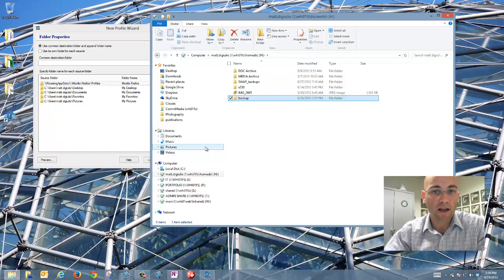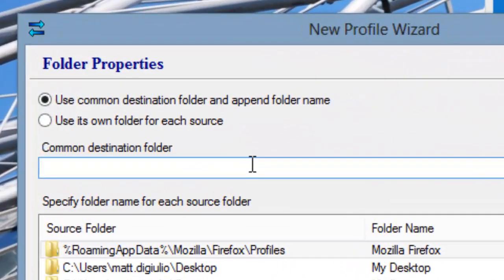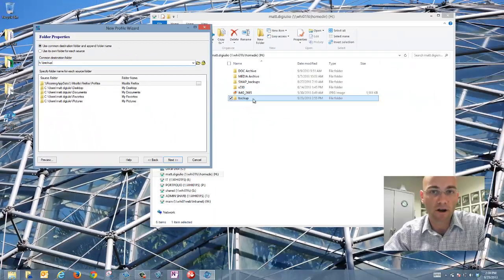and then hit enter. Then I'm going to go back over to my SmartSync new profile wizard and tell it where to send all these files to. We want to send it to the folder that we just created on our H drive. So what I want to type in is the letter H, and then a colon, you can see I've already done this, and then a backslash. And this is the slash button that's above your enter key. Make sure it matches what I'm typing in. The slash above the enter key, and then the word backup, because that's what we named our folder over here on our H drive. So at this point I'm going to click next,